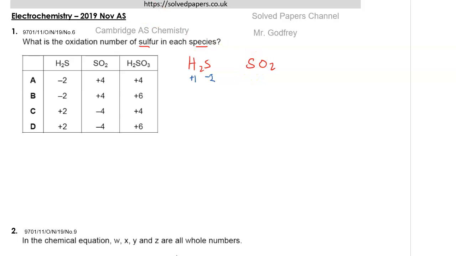In sulfur dioxide, the oxidation state of oxygen is usually -2, and since there are 2 oxygen atoms here, that will be -2 times 2, which gives us -4, and therefore sulfur here must be +4. Next is